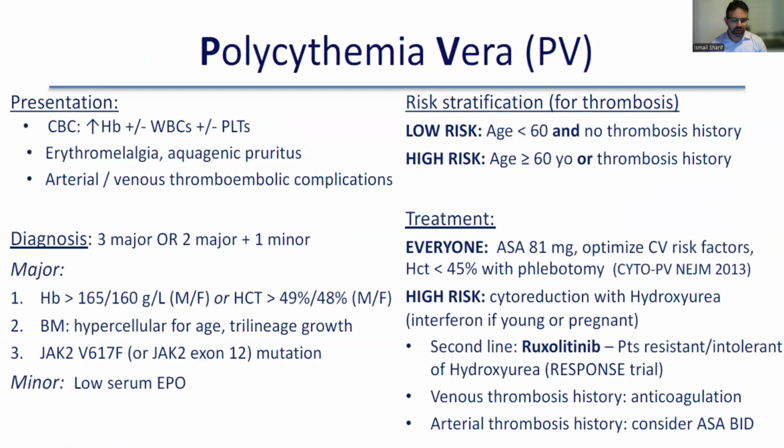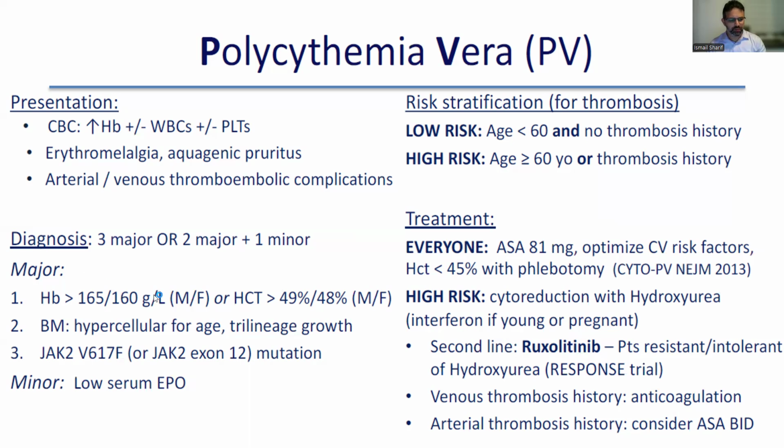Okay, we move on next to polycythemia vera, which is too many red blood cells. Those patients, because of too many red blood cells, have issues with pruritus and erythromelalgia. Aquagenic, meaning water makes them pruritic. Then those patients can have arterial or venous thromboembolic events